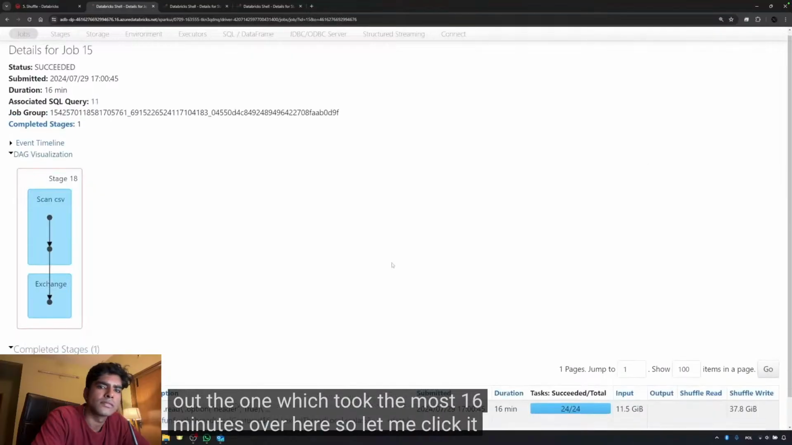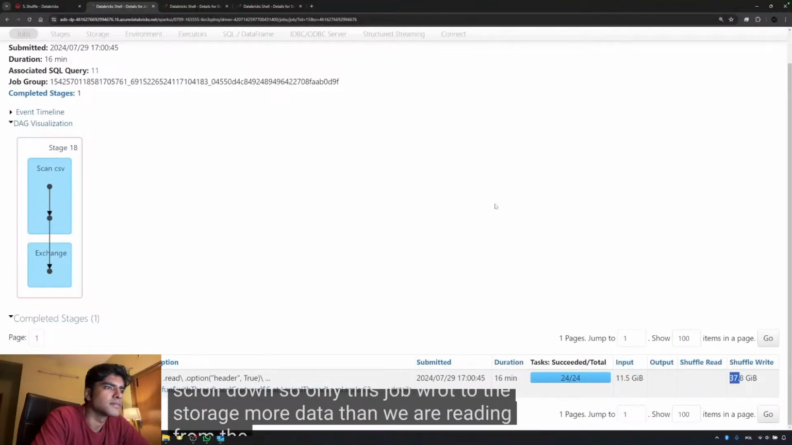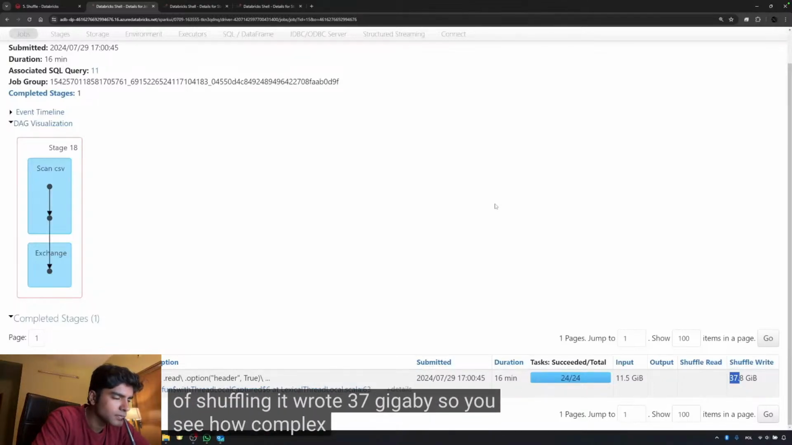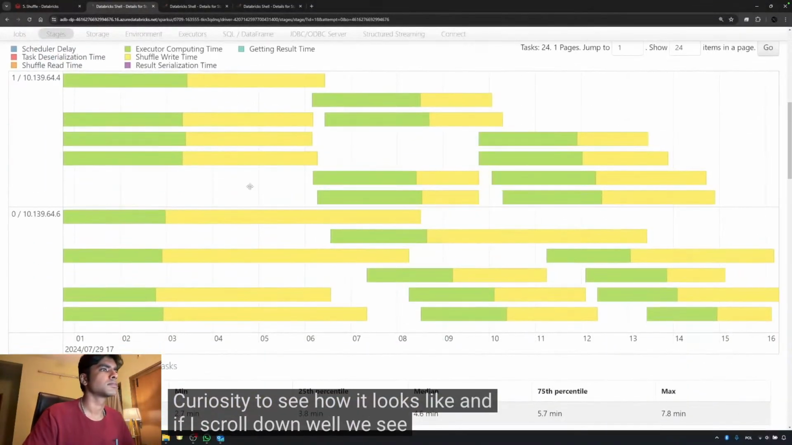So let me click it and scroll down. Only this job brought to the storage more data than we are reading from the file. For the purpose of shuffling, it brought 37 gigabytes. So you see how complex the shuffling can get. And let's get into the details out of curiosity to see how it looks. And if I scroll down, well, we see that actually tasks